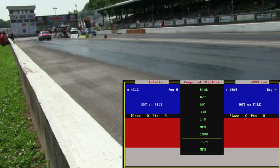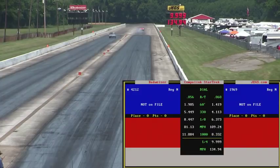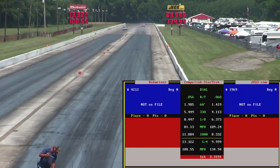Reaction time advantage went to the left lane. Goes 348, 409, 348, 409. So we need you to the 348, 409, 5 and 6. Top